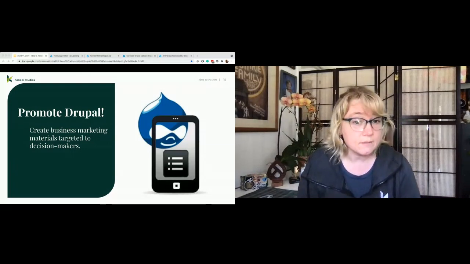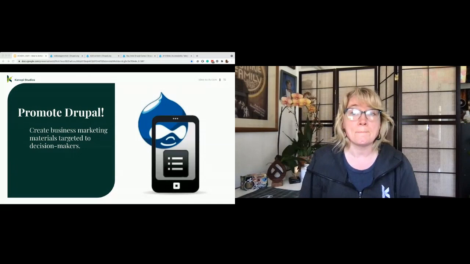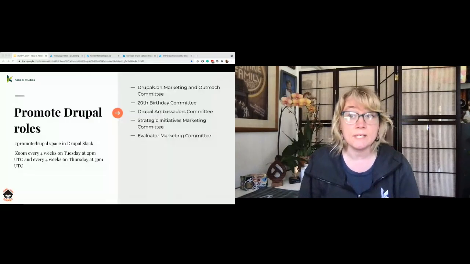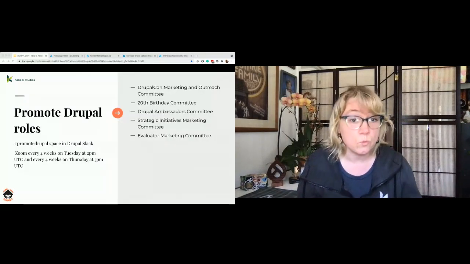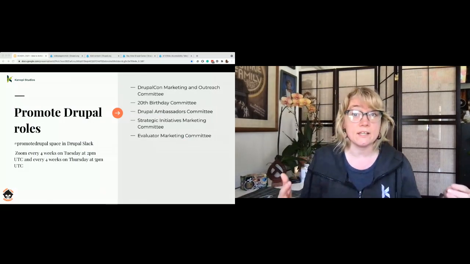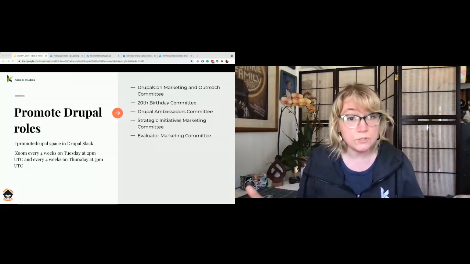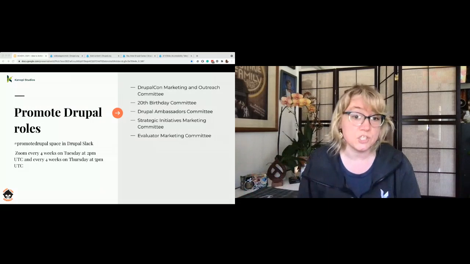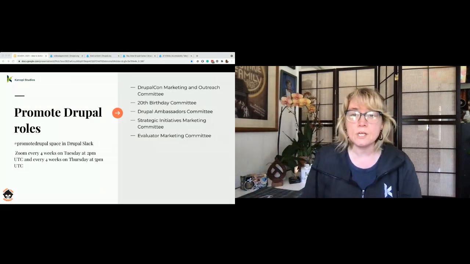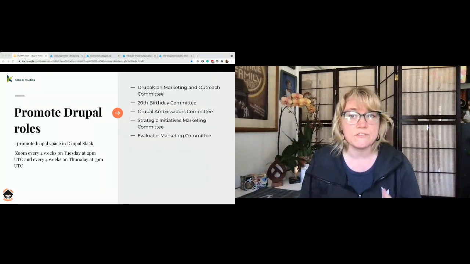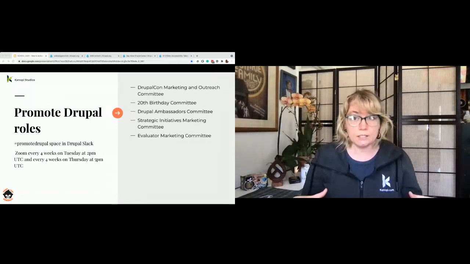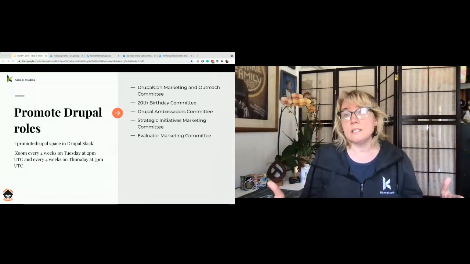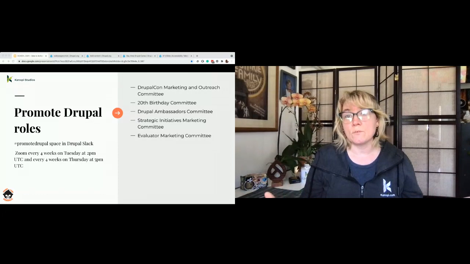20th birthday committee members, Drupal ambassador committee. The goal is to spread the word about Drupal events and communities outside the Drupal universe, and focusing on attracting new talent. There's the Strategic Initiative Marketing Committee, and their goal is to spread the word about the